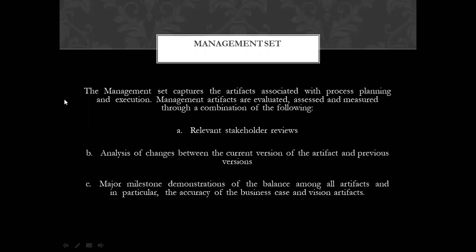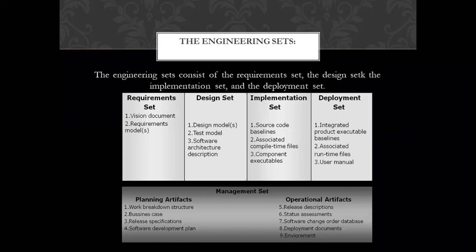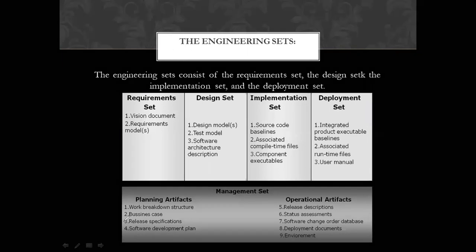According to that, whether the milestones have been achieved comes under this assessment for the management. Okay, so this is your management set. Nothing else is there to discuss about it. If something comes up in detail on a later basis, or if I have to discuss something else, I will take it. But for right now, this much is enough to know about management set. So in this diagram, we just covered this management set, and we have discussed all the artifacts in a brief manner. What are they? What is the meaning of them? What do they do? Okay, so this management set is done.